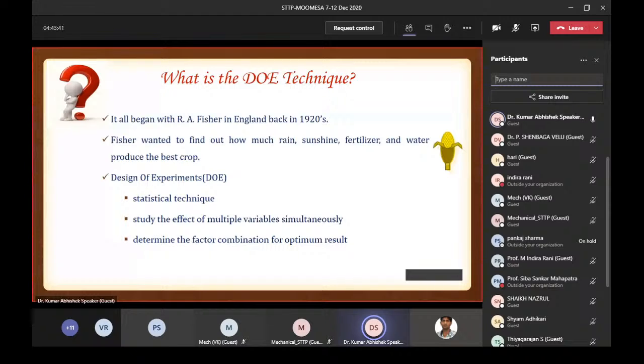Okay? It's not necessary that adding fertilizer always results in increasing yield. It reaches some saturation point, and after the saturation point its value is going to decrease. So this is the statistical way that he wanted to adopt in order to analyze the effect of the rain, the sunshine and the fertilizer quantity simultaneously on the output, or the yield of